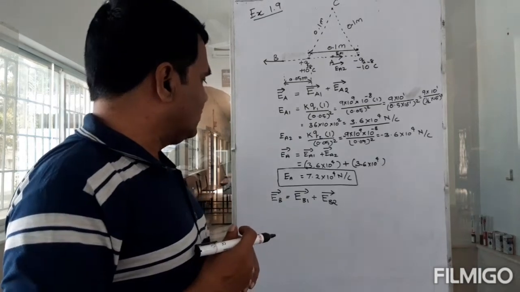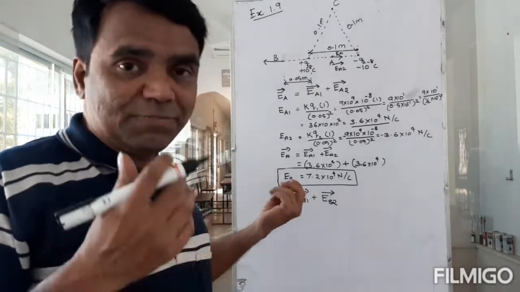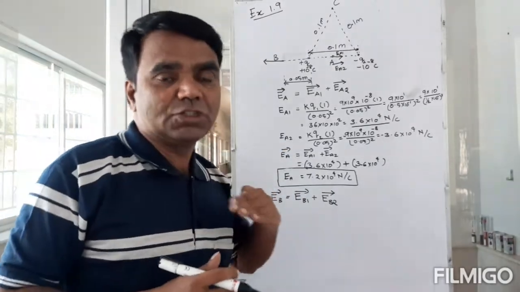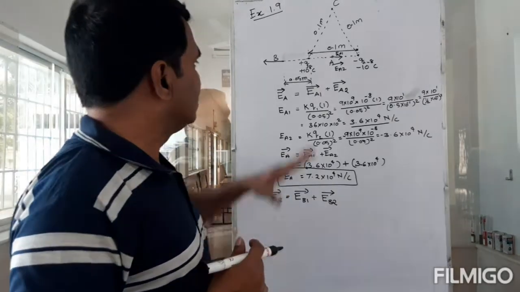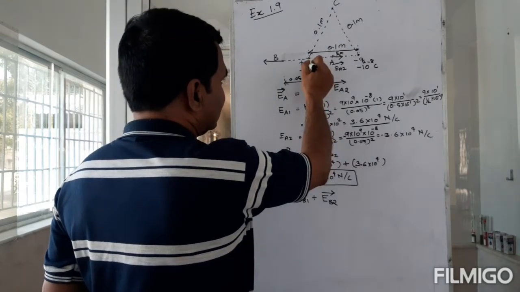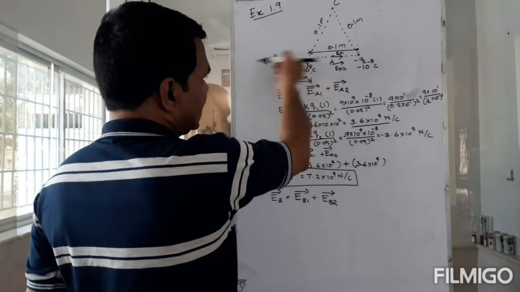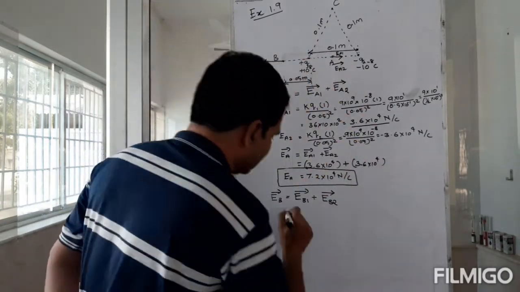So I need to find EB1 and also EB2, and then I need to add these forces vectorially. Okay. So again, like I got Q1 here, positive, I'm going to bring a unit positive test charge. This Q1 is going to repel it in this direction. Now I can calculate it, right? So this E